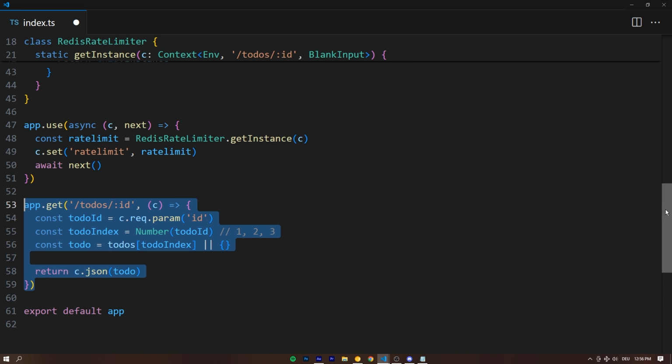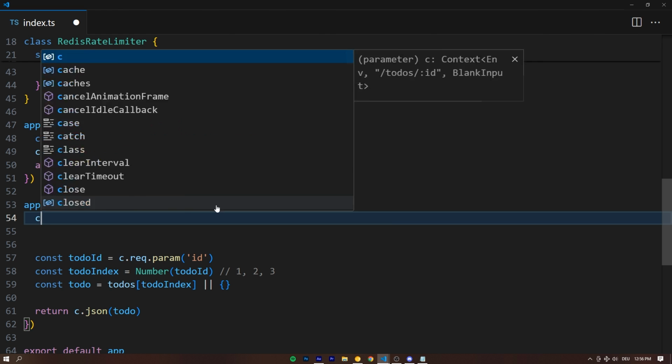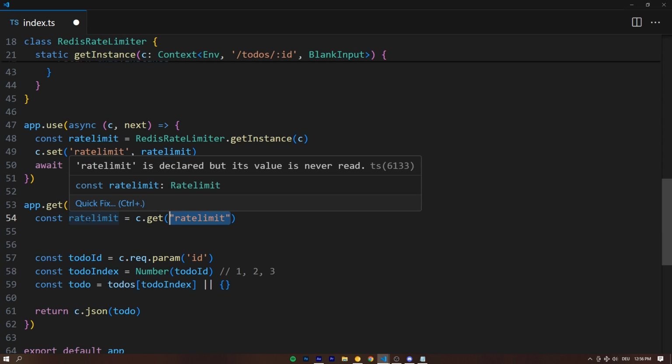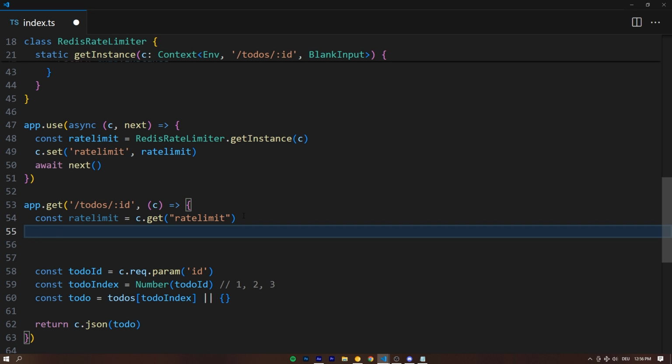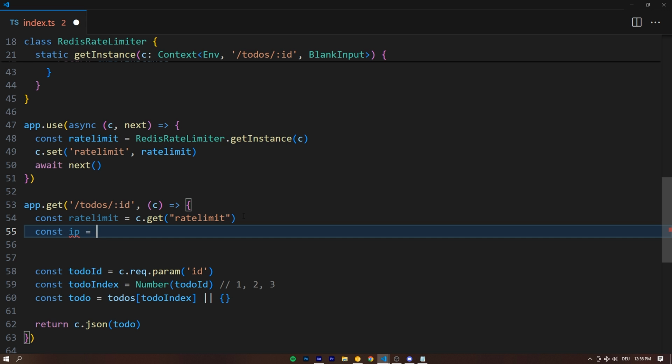To make use of this rate limiter is very, very easy inside of our API route. That's going to be const rateLimit is going to be equal to c.get. And because this is fully type safe, now we get the rateLimit string right here. And that gives us back our rate limiting instance that we created. And because we are rate limiting by user IP address, we also need access to that IP. And that's going to be the